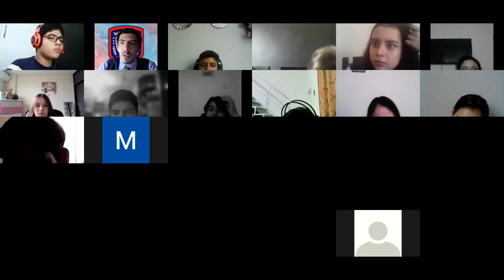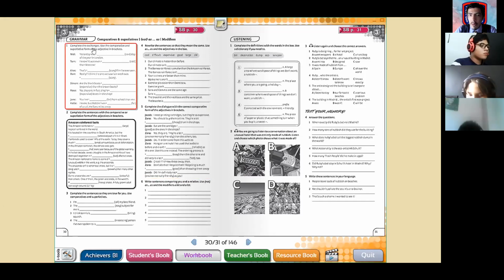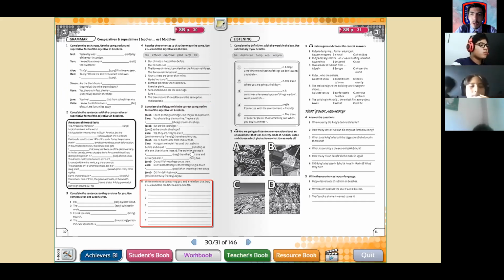Let's go back here. Okay, guys. So remember yesterday, we practiced a little quizzes of comparatives and superlatives. Exercises 2 and 3 of page number 30. Remember, these are the grammar topics that you have in unit number 3. Okay. So before we start with the modifier topic, let's go to the student book just a second